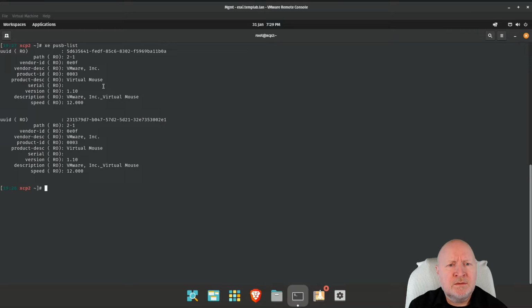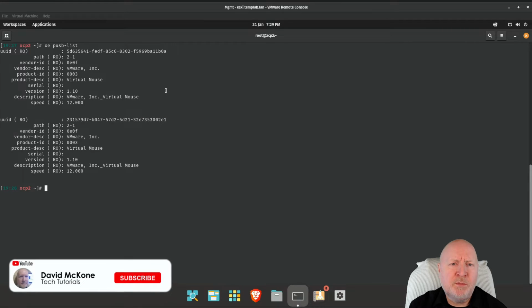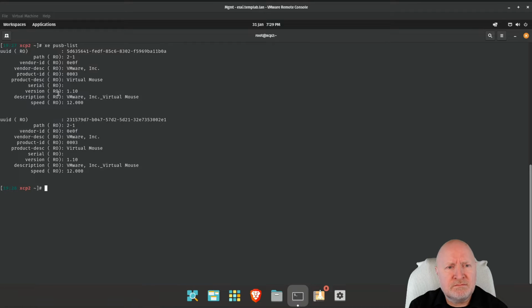And this is the information that we want. Now, in my case, I'm actually running XCP-ng within ESXi, so that's why I've got two devices which have been described as VMware devices, but you'll get something different back depending on what you're running XCP-ng on. But the key thing is, this is what you're looking for, the UUID. So after running that command, if you can spot your device in this list, all you need is that UUID, copy that, and then you can move on to the next step really, which is to go looking for the